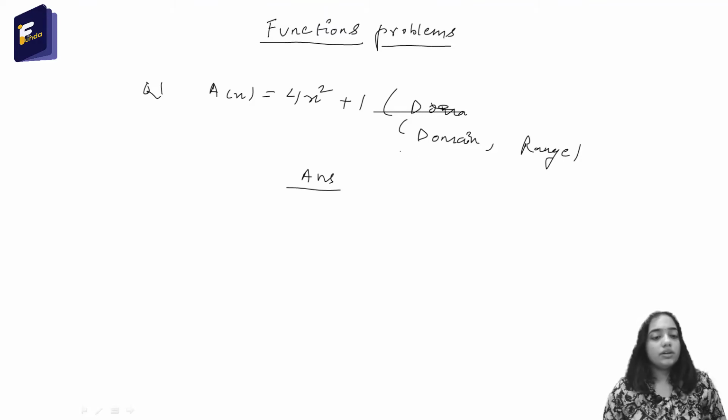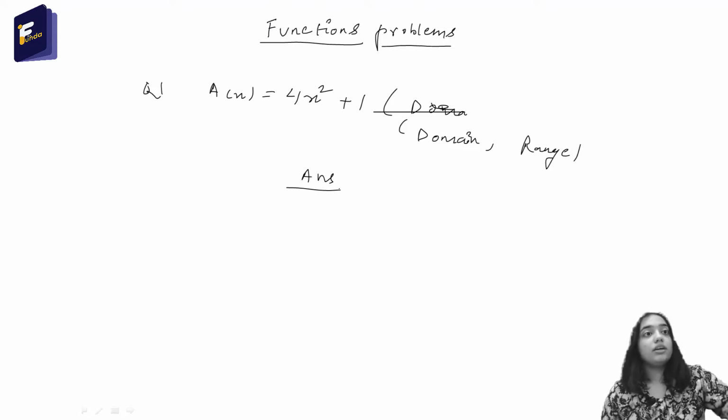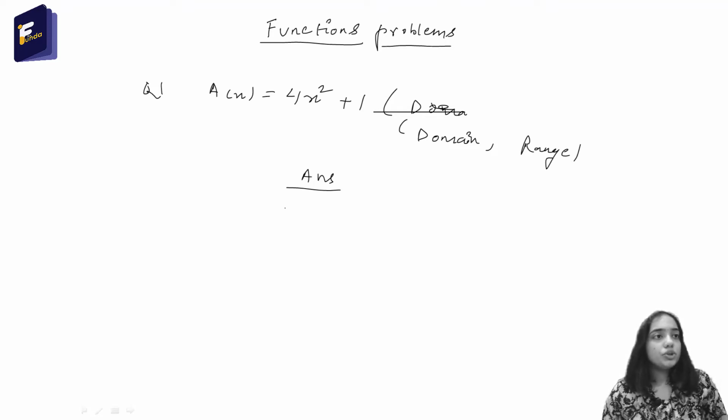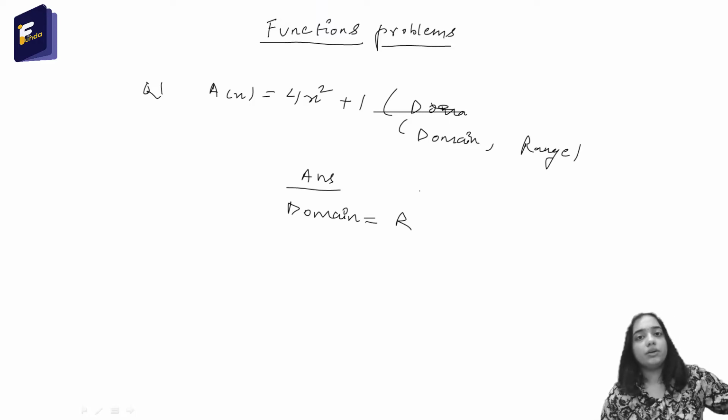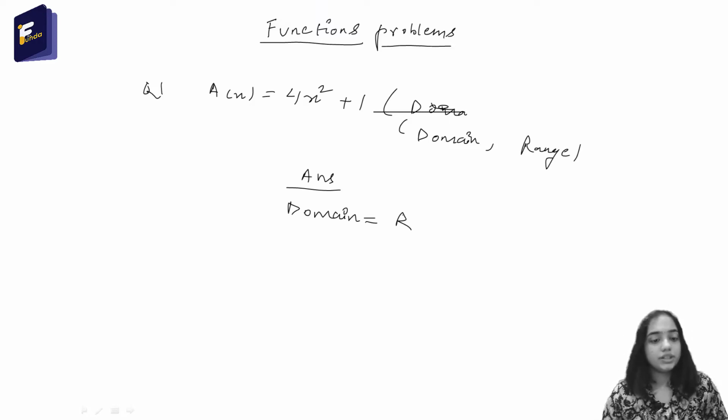I have already told you what the problem can be. If it is a root, then you cannot put negative numbers into it. If it is in the denominator of a fraction, then the denominator cannot be 0, so you cannot put 0. Many things we have already discussed. So the domain is written as R, that is all real numbers, every number that you can think of. We are only dealing with real numbers, not complex numbers with iota.